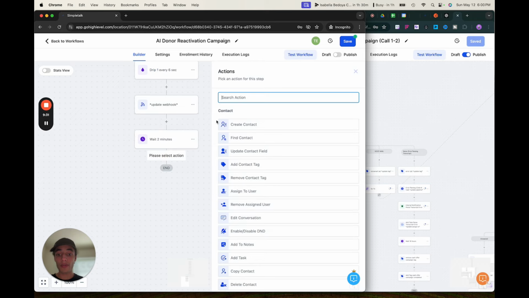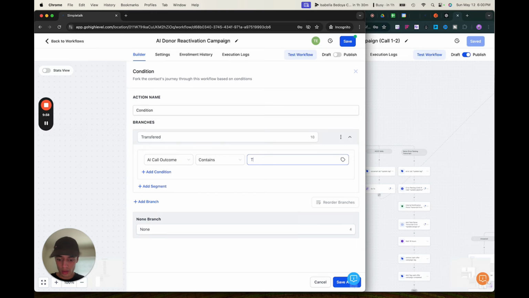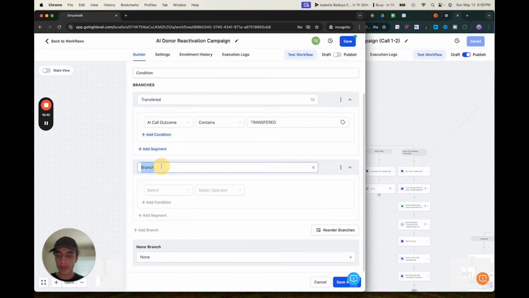And now there's stuff that could happen during the call, and we're going to be looking for specific outcomes. The outcomes for this particular campaign could be transferred. So contact details, we're looking for AI call outcome, or well, we're going to use contains transferred. Make sure I spelled that right because this does matter. Transferred, transferred. That's one possible outcome. The next possible outcome is, we're going to call it